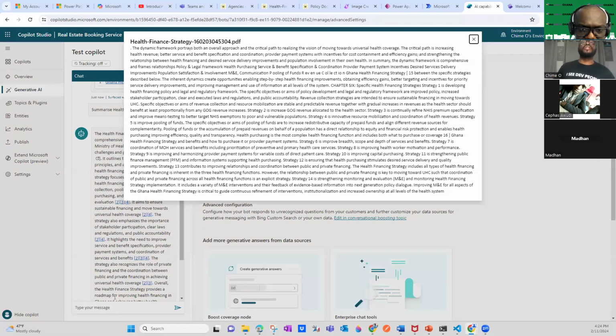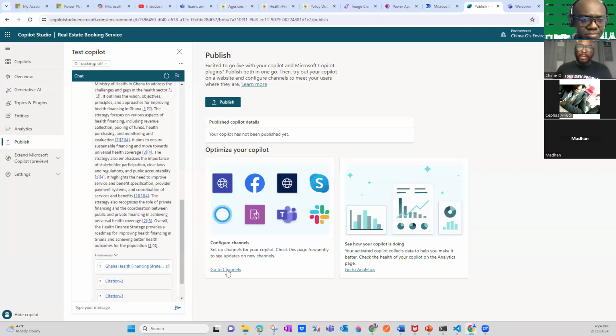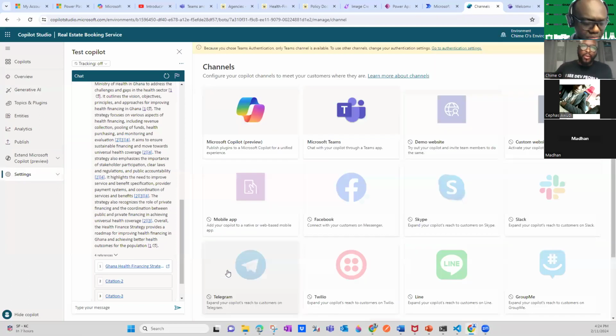So there are citations in here, but just to close this off, you can create your own Copilot, your own bot. That's what we call it. But also, you have different channels where you can publish these bots. Like most websites, they have their own bots answering questions in the right-hand corner.